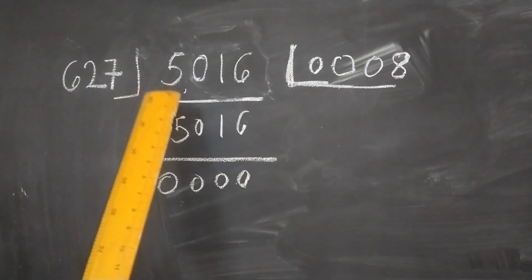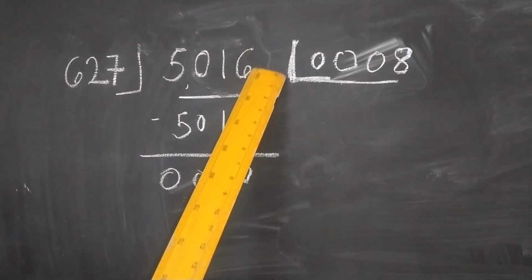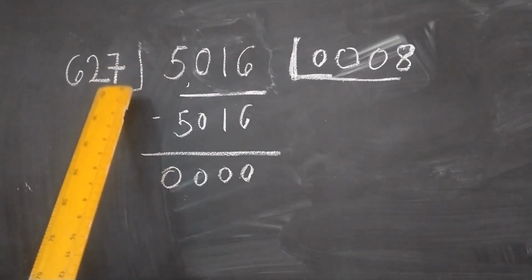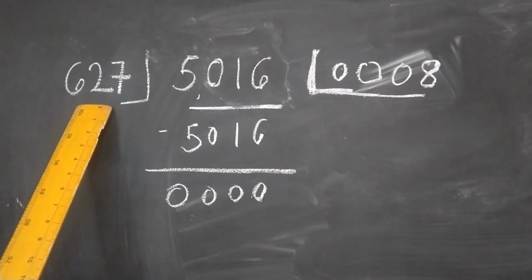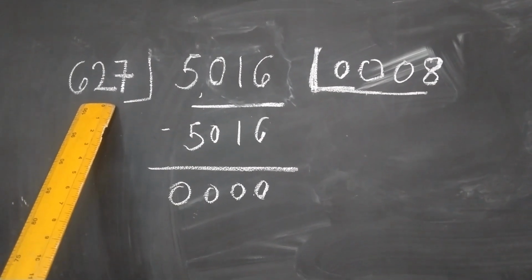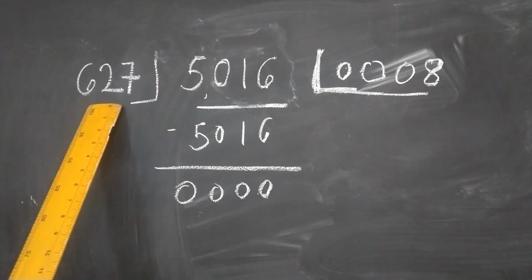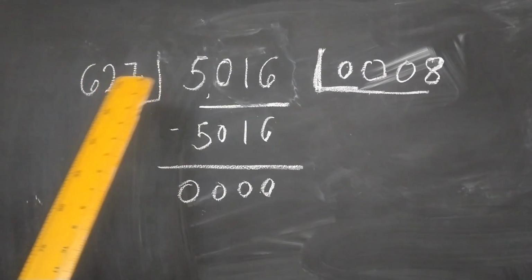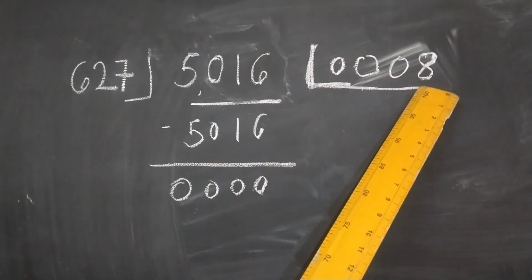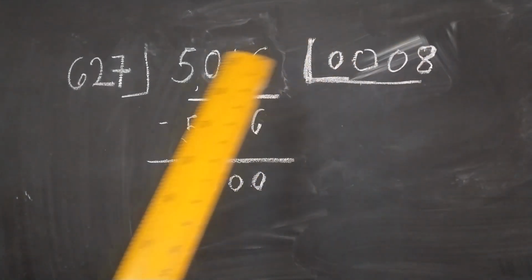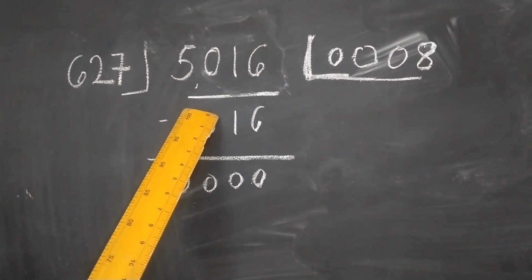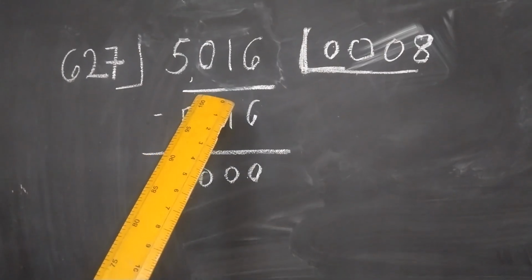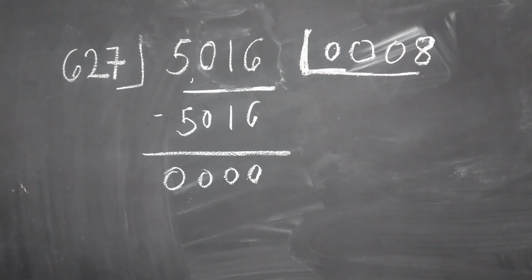Now suppose the total number of books is this much, and this number gives us the books in one cupboard. Then we will have to say how many cupboards will be needed for keeping all these books in the library. So now we are going to write